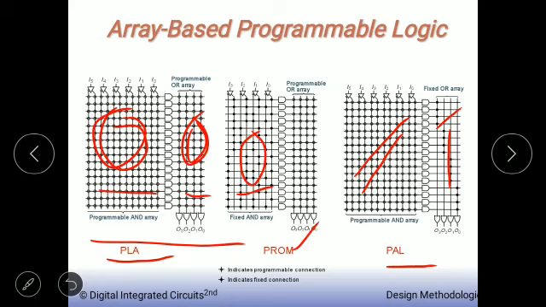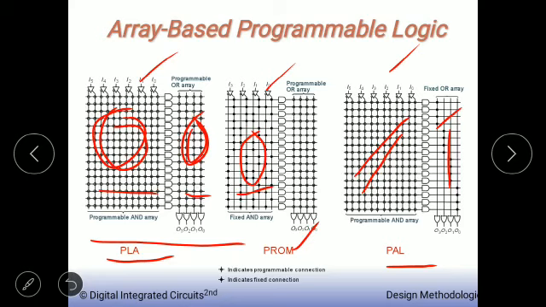First of all, implementing very complex logic functions on a single large array structure results in a loss of programming density and performance. Secondly, the arrays shown implement only combinational logic. To realize complete sequential subdesigns, the presence of registers and flip-flops is an absolute requirement. As shown in all three diagrams, 1, 2, and 3, we are just talking about implementing combinational logic. But in real-time examples, we come across sequential circuits. So here we don't have the possibility of registers or flip-flops. There is no feedback.